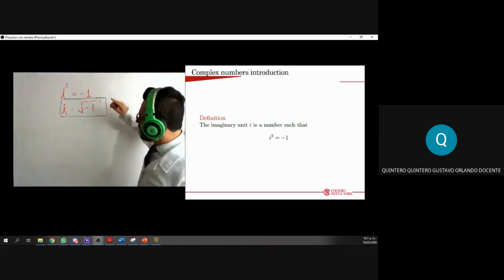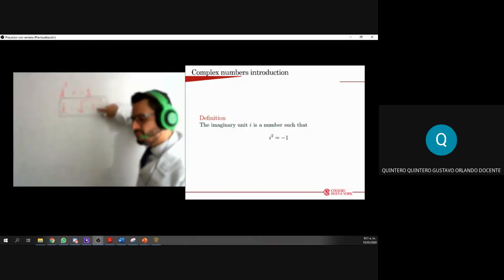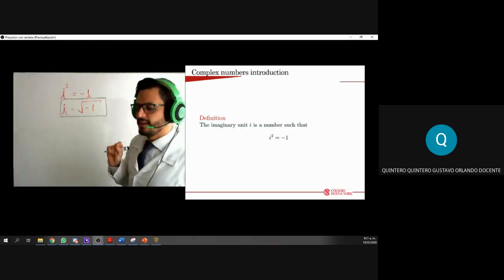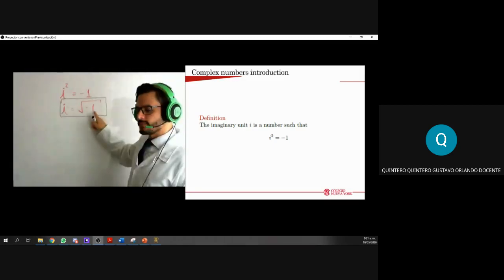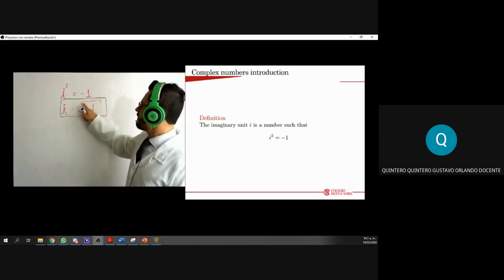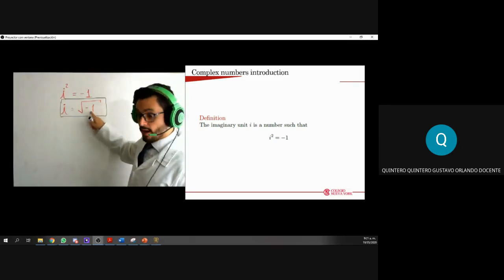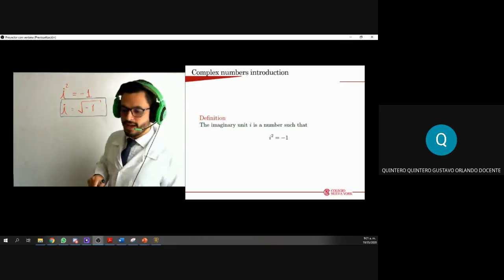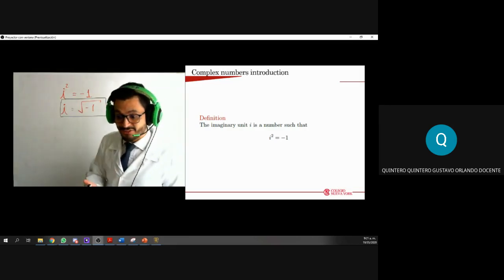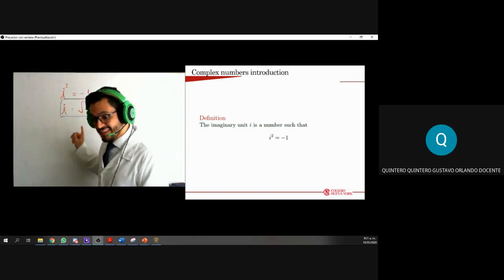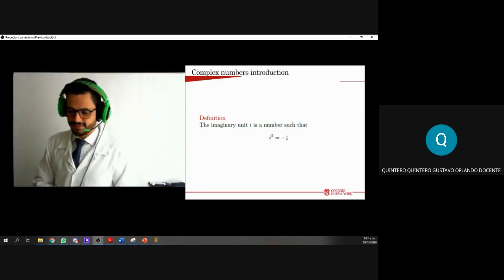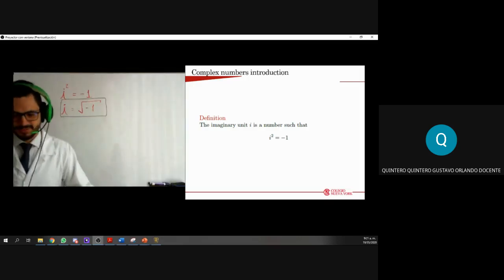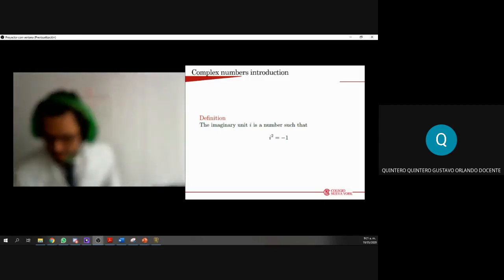Look at this. We have the root of a negative number, a specific negative number, -1. Whenever we have the root of -1, that is the value of i. And that is strong because this thing in here helps us find the possible solutions